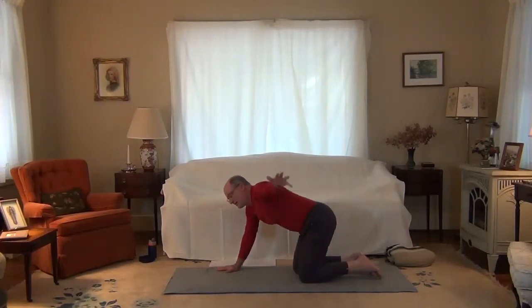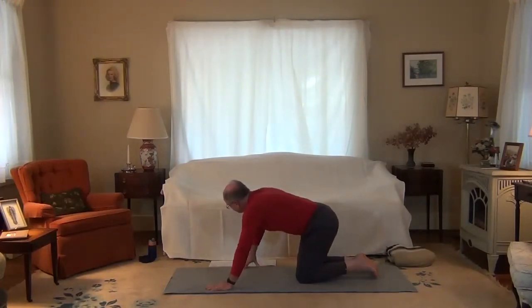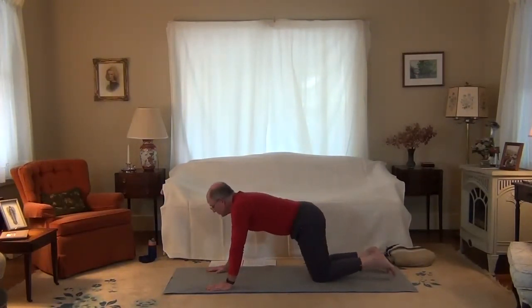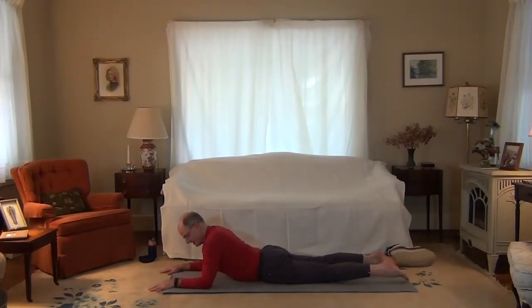Take the left arm out and thread the left arm under the right for twisting child pose. And press that outer left arm down, the outside of the head into the mat. And gradually stretch through the outer shoulder, the outside of the neck. Inhale and lift the shoulder up. And now we come to Sphinx Pose, just coming down onto the stomach, the forearms on the mat, and then